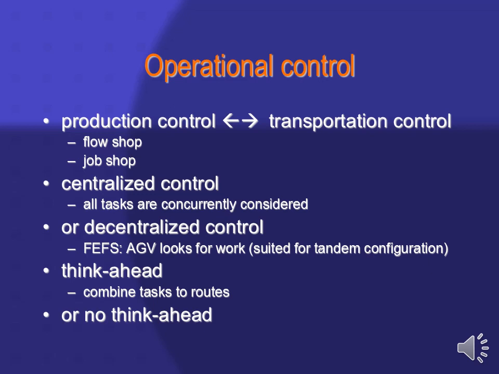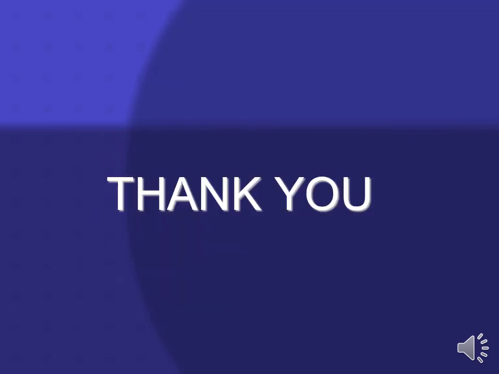Operational control includes production control, centralized control, decentralized control, think ahead or no think ahead. Production control controls transportation conditions, flow and job shop. Centralized control, all tasks are concurrently considered. Decentralized